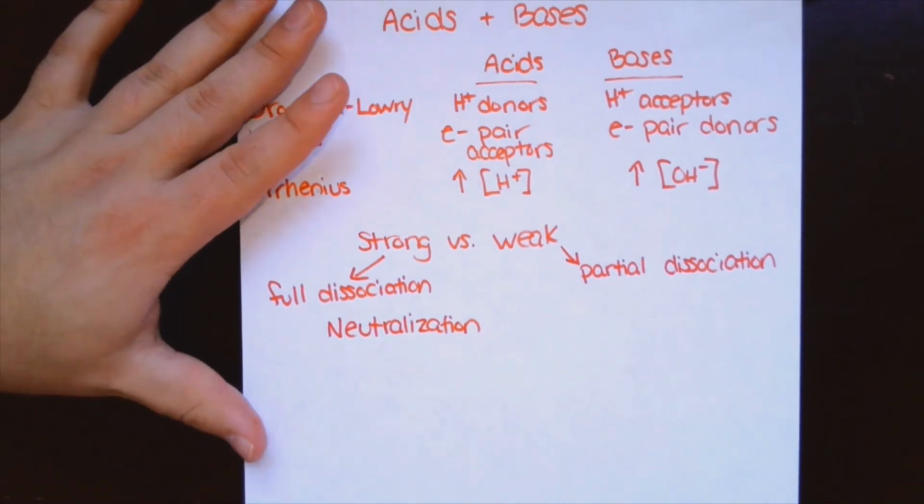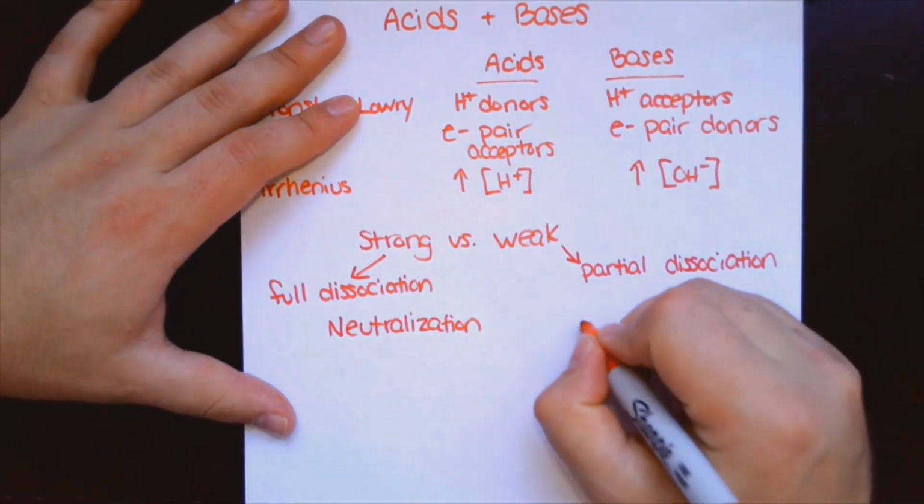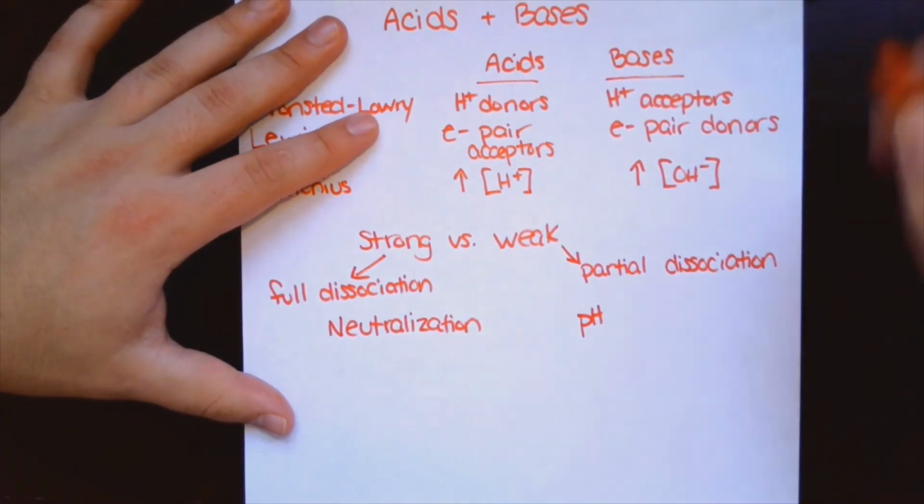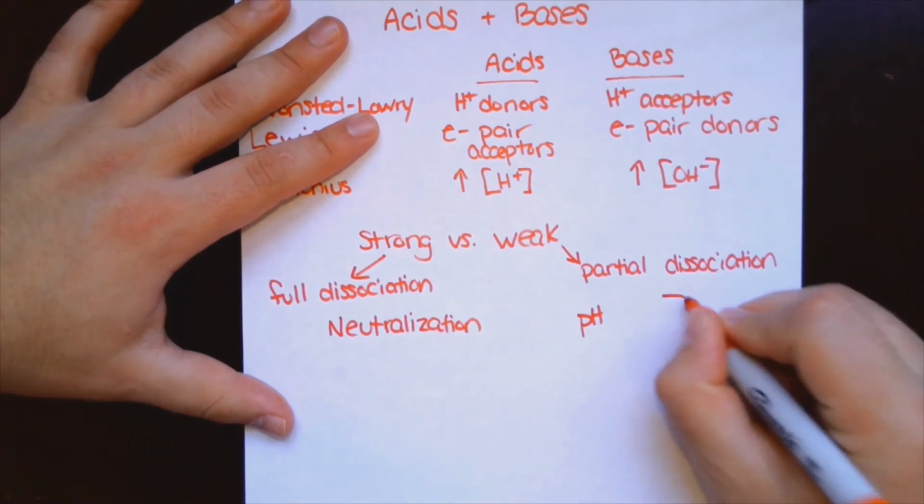So what does that mean? What is being neutralized? Well, it's the pH. pH is a measure of the acidity or basicity of a solution. It's on a scale of 0 to 14,